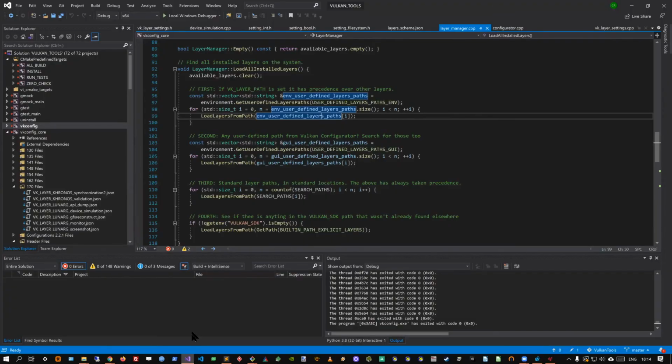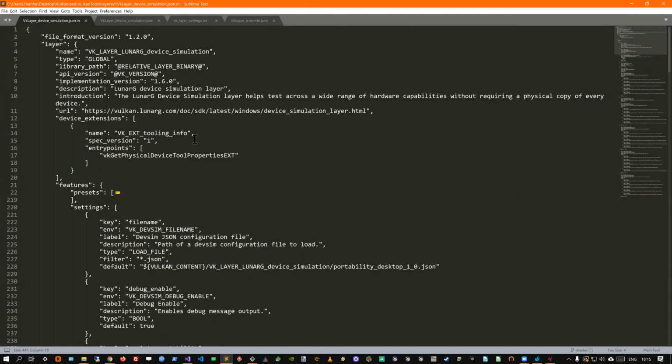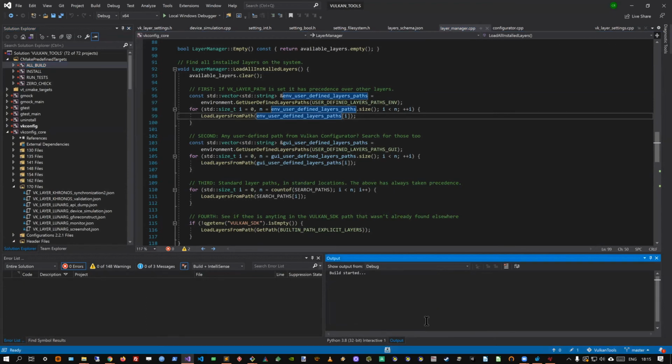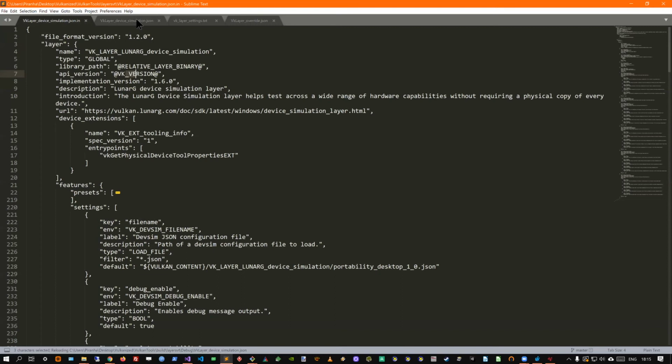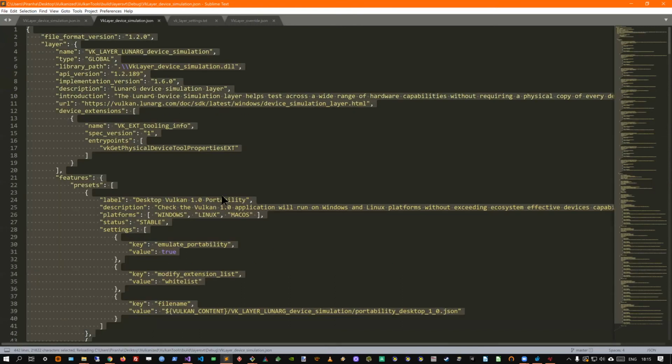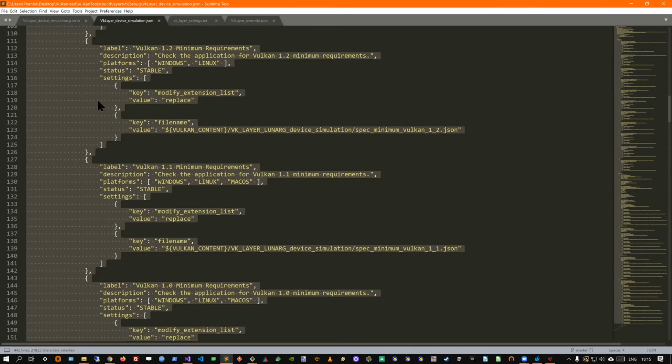So if you look at the repository, you will notice that I'm not modifying the JSON file itself, but I would say a source for the manifest file, because we have some build variables. So I need to recompile the layer to get the actual file. So here is my modified file, hopefully.